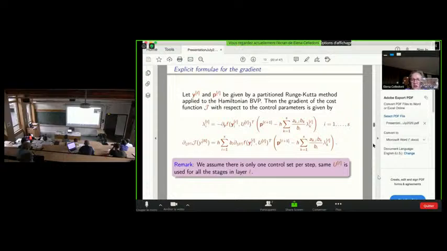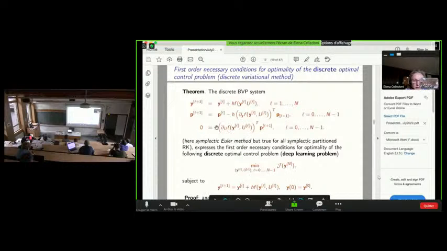As another interesting side effect, you get explicit formulas for the gradients. So here, what this tells you in some sense is the formulas for the back propagation. If you have chosen your favorite method for doing the forward propagation, then the back propagation of the neural network is given automatically by, in this case, the backward Euler, but you can say by a special Runge-Kutta method that you can compute out of the coefficients of the starting Runge-Kutta method.